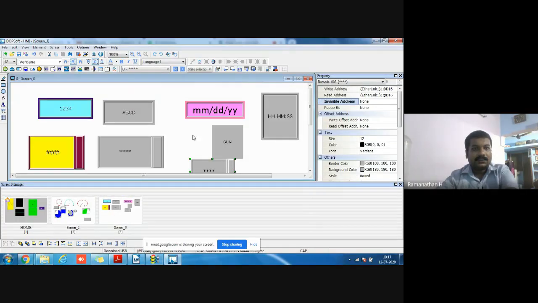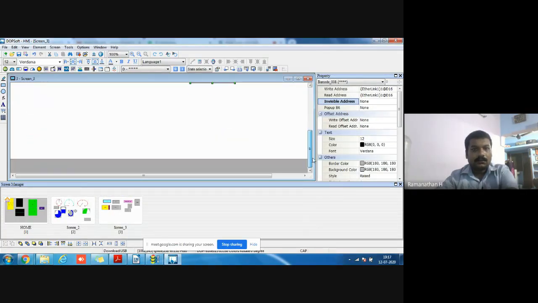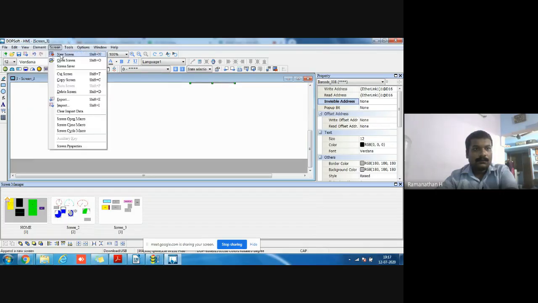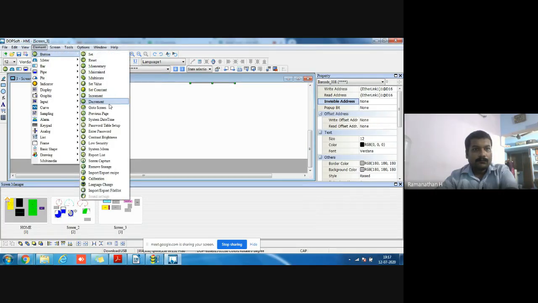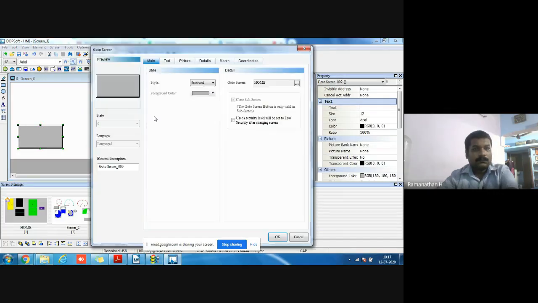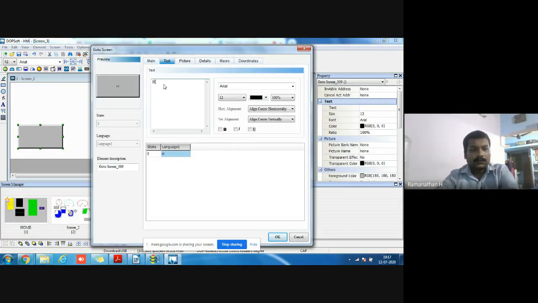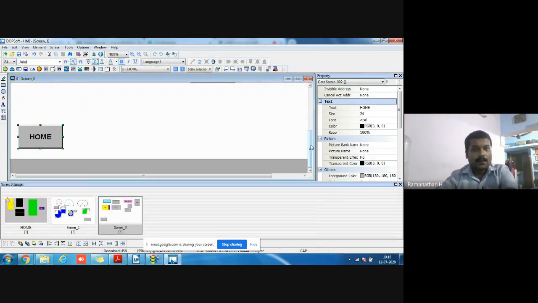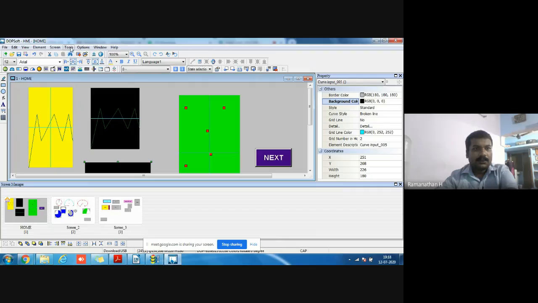Same thing in screen 3. Then I go to screen. I'm going to go to the home screen. Send the text. Just to simulate it.